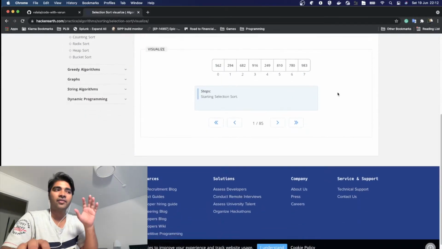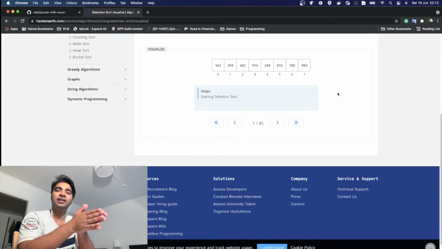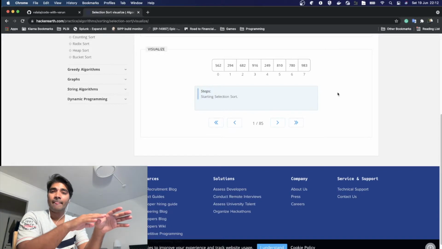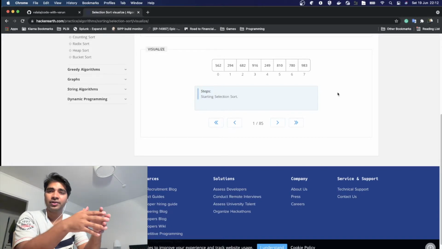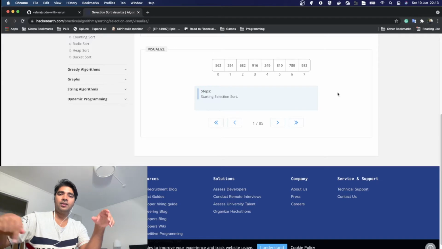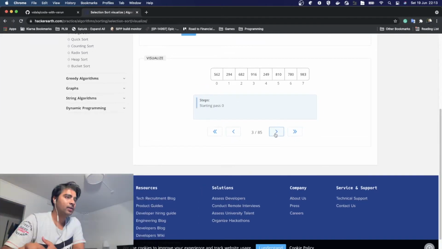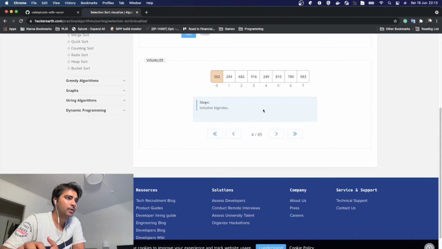So as I remember, selection sort, as the name says, means you have to select, let's say if we are sorting the array in ascending order, the biggest number in the given array and then move it to the end, and then repeat the process again and again. So let's see how it works. So we'll start with the first index, and we will find the next biggest number in the array,